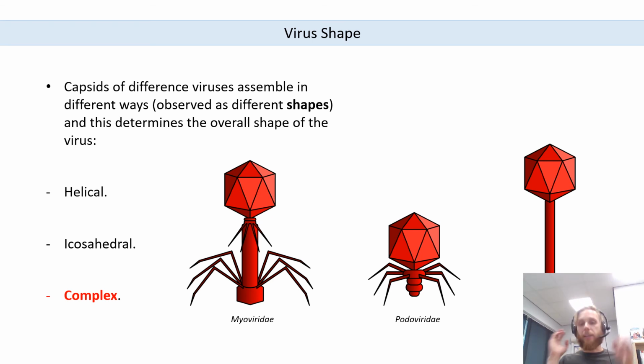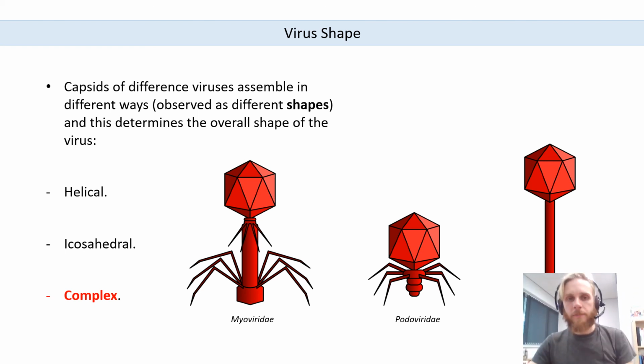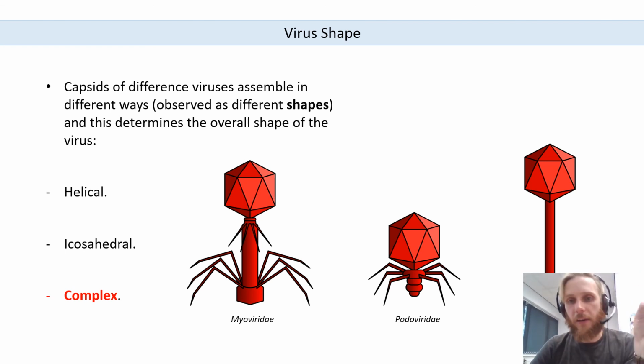Okay, we also have the complex viruses. So we talked about the helical viruses, we talked about the icosahedral viruses, now we have the complex viruses. These are strange. They're not shaped anything like the helical or the icosahedral capsids. They're so varied, it doesn't really make sense to go through all the different shapes we can have. All I really want to do is give you these examples here. Now these examples are bacteriophages, so these are specific viruses that have evolved to infect bacteria. They will attach to the surface of bacterial cells and they will insert their genome into the bacterial cell. And then once the genome is in the bacterial cell, it will begin expressing, it will begin replicating,